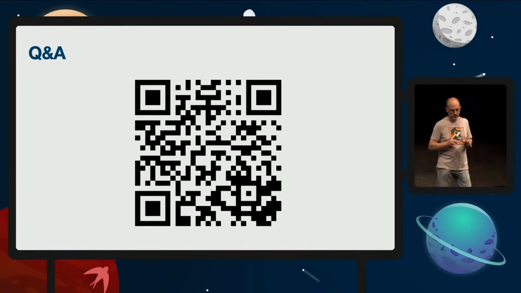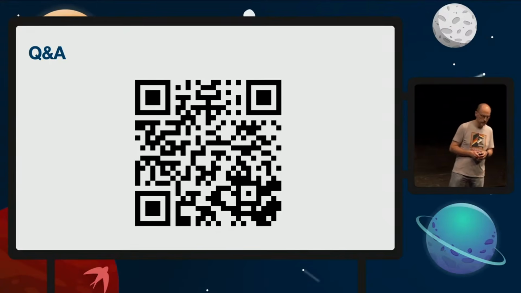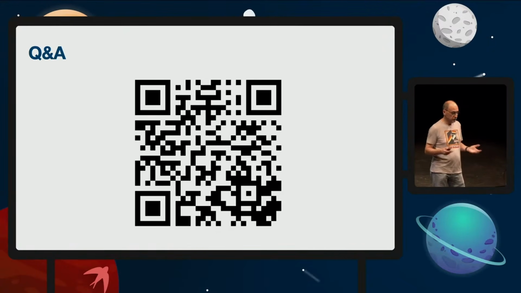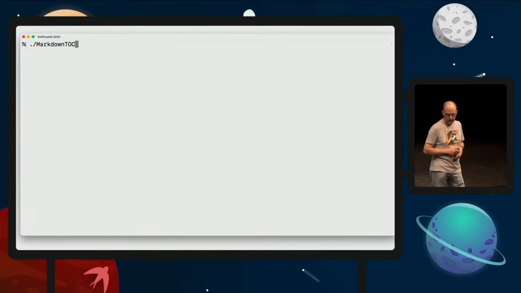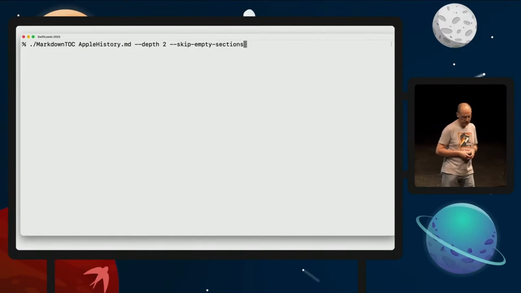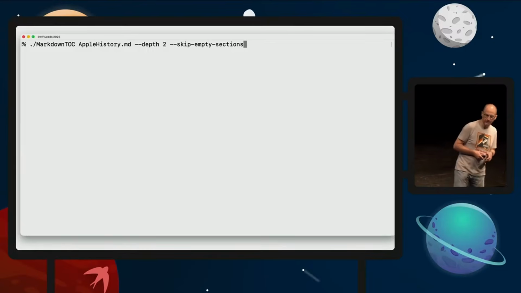So let's start gently on the desktop with a package, well, quite a few of you might already know about. Swift, of course, we use for developing applications, but it's also a great language for scripting and command line tools. So let's imagine we want to make a small tool that would parse a Markdown file and produce a table of content. We would need to give it the file name, maybe an option with the depth of the table of content we want to produce, and a flag to skip sections that do not have any content.